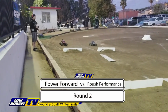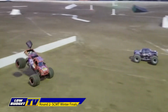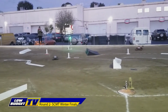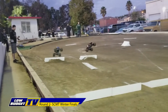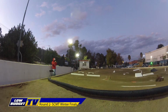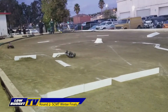Next pair is Power Forward versus Roush Performance. Off to a slow start, but I feel like that's going to be what's going to help you out. You don't want to blow it into the first corner. Still fairly even coming down to end of lap 1. Head to head. Oh, Power Forward with a nosedive. But looks like Roush Performance has stretched it out and should have